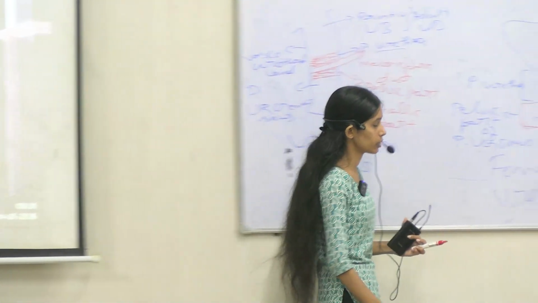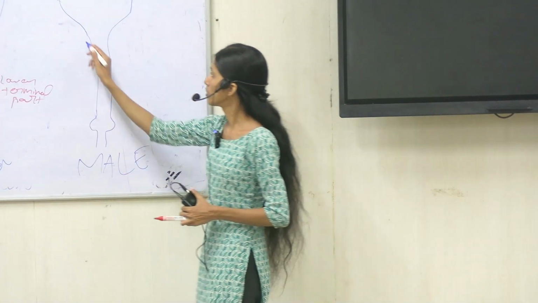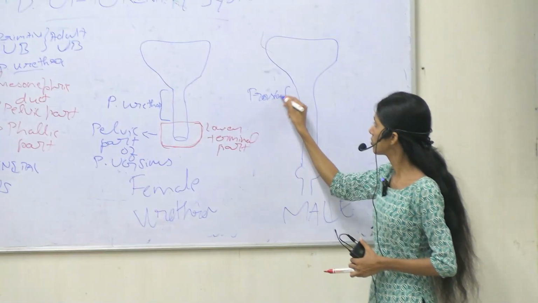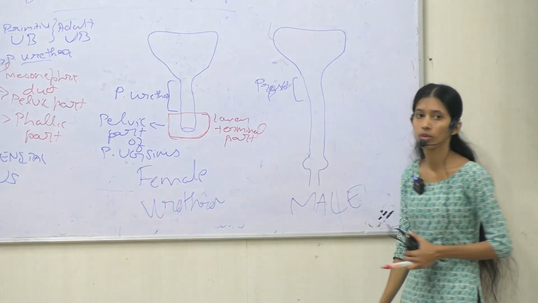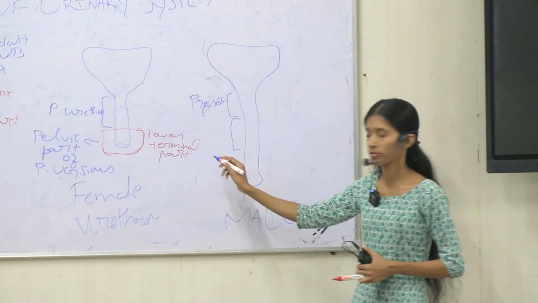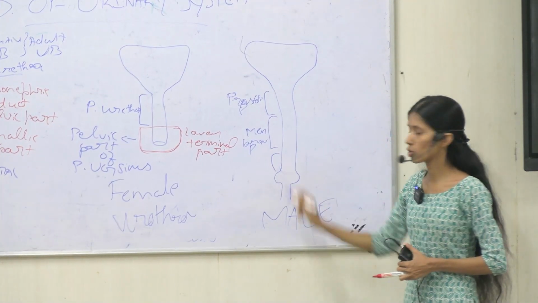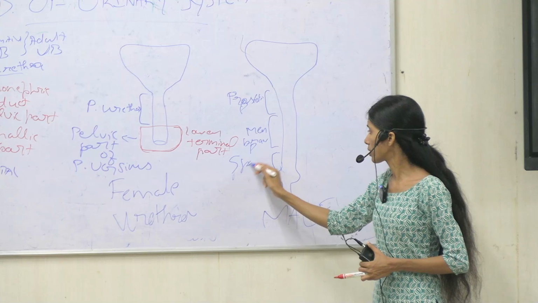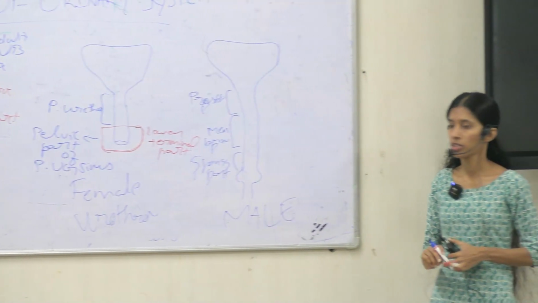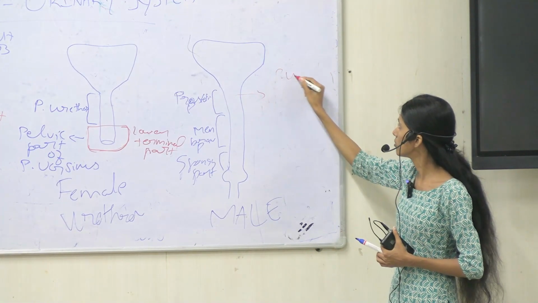Okay, and in males, what are the three different parts of urethra? First we have prostatic part, then followed by membranous part, and the last one is your spongy part. Okay, so the prostatic part is developed from the primitive urethra,